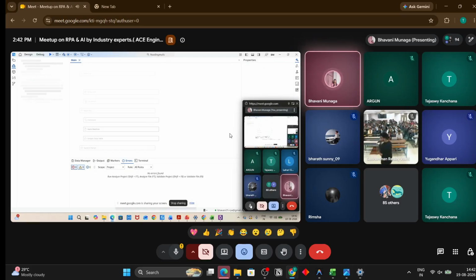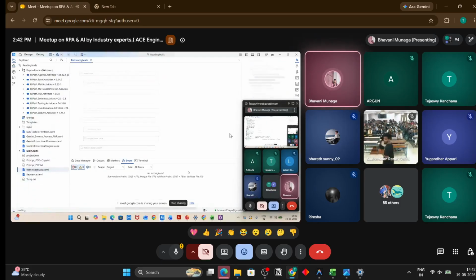It is taking a bit of time, so in the meanwhile we'll proceed with the slides, and once it is done, we'll come back to building the Studio project.